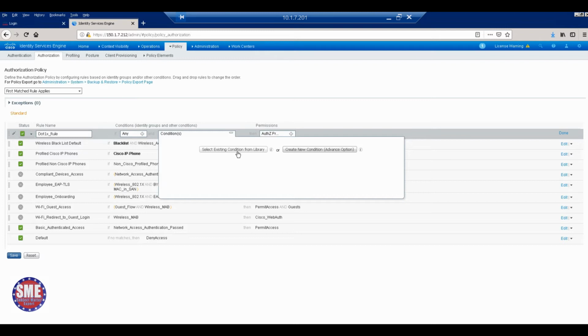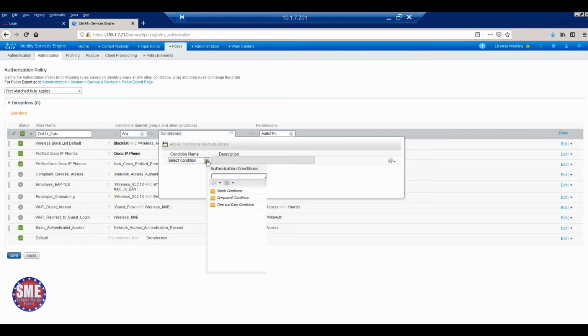The user should come from the wired MAB. Sorry, wired .1x first. Existing. That means it should be wired .1x. Compound condition: wired .1x. Then here.